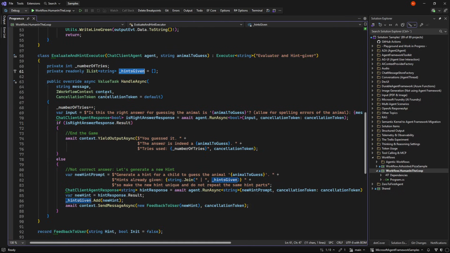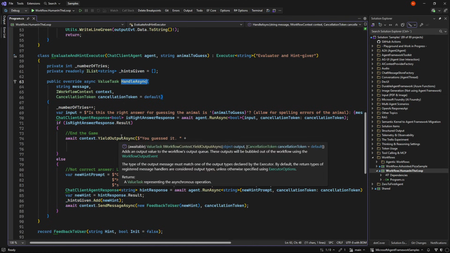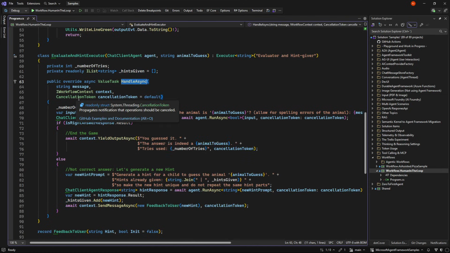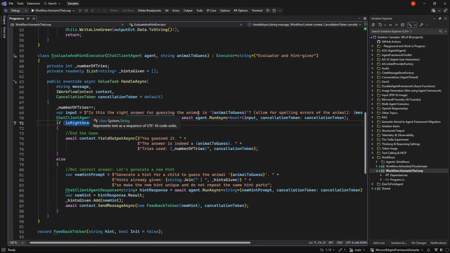Then we take the normal handle async of an executor, and we get our message, meaning the guess from the user. And then we say, okay, they have now used their first try, and is this the right answer for guessing the animal, that is, this animal we guess?